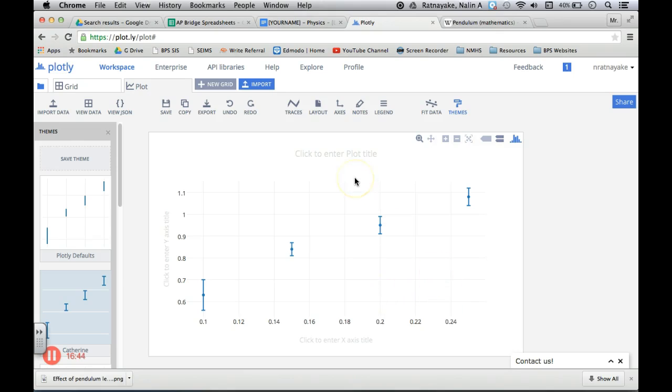What we're going to do is make this a proper scientific graph. I need to do several things. Let's add a descriptive title. How about effect of string length on period of oscillation for my pendulum. Over here on the y-axis, let's label it. My y-axis is period, and I want to include the units, seconds. On the x-axis, I just need to click it, and I can type in string length